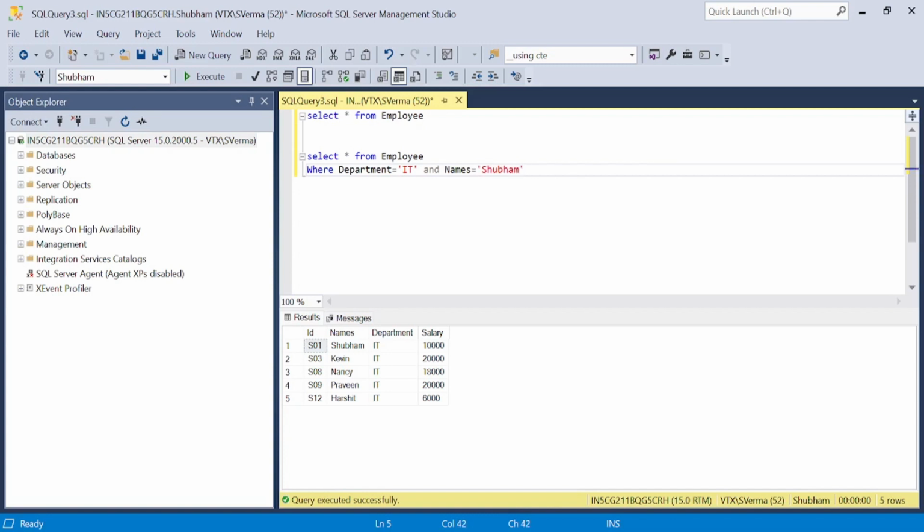So here you guys can see I have applied two logics with AND operator. And now let me select this query, and it will fetch me only those records whose name is Shubham with IT department. Rest records they will not fetch. In a similar way, you guys can add multiple logics with AND operator. I hope you guys are clear with this